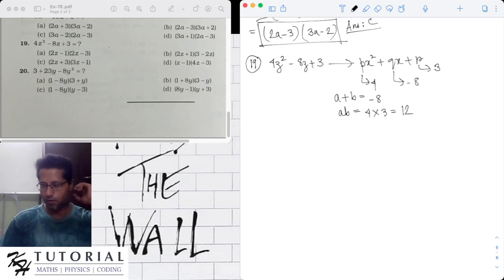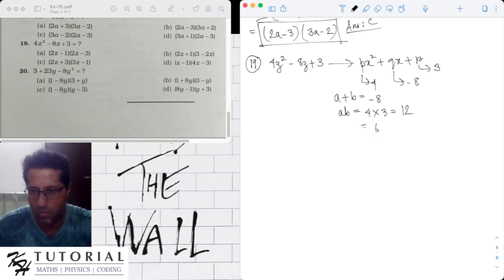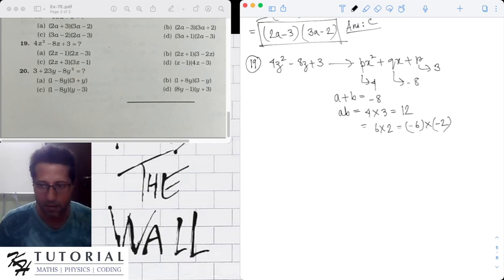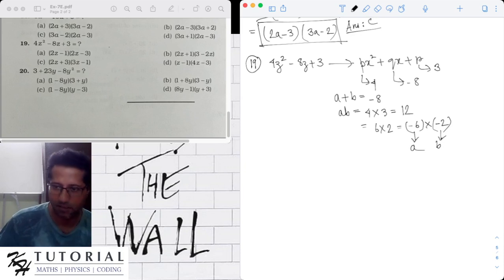Now 4 and 3 will not work, because even if you take minus 4 and minus 3, their sum is minus 7. Now 12 is 6 into 2, which is also equal to minus 6 multiplied by minus 2. Now we can see that minus 6 plus minus 2 is minus 8, and hence minus 6 and minus 2 can be considered as the values a and b. You can take minus 6 as a and minus 2 as b. It can be the other way around also, it does not matter. You can consider minus 6 as b and minus 2 as a. So the final factorization,